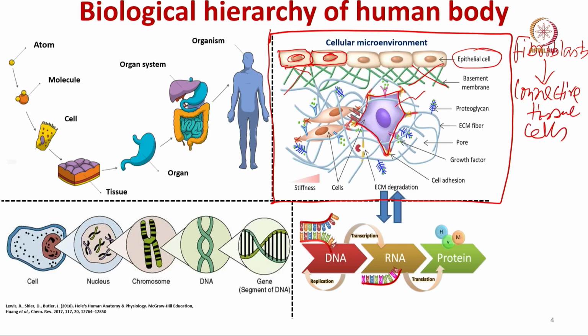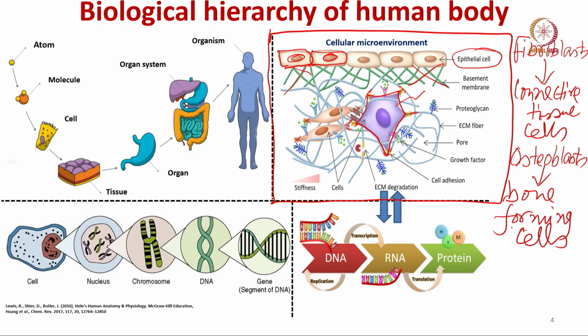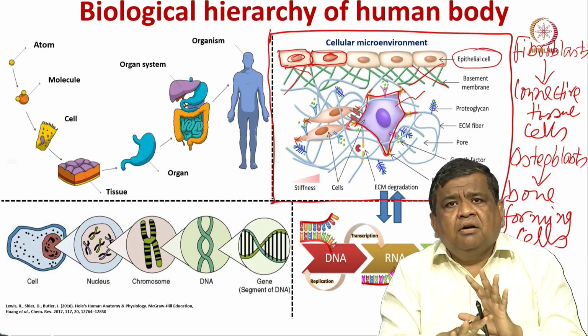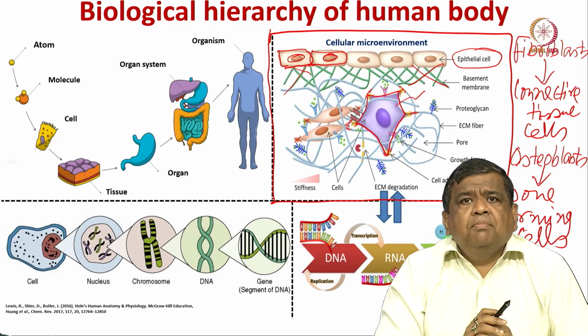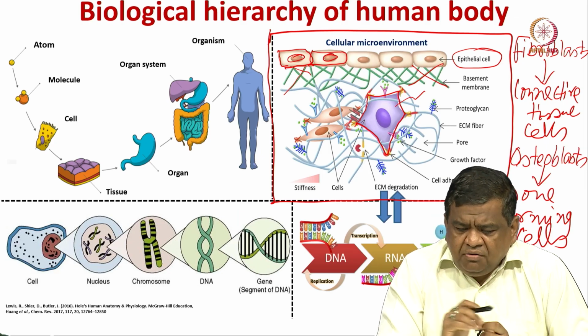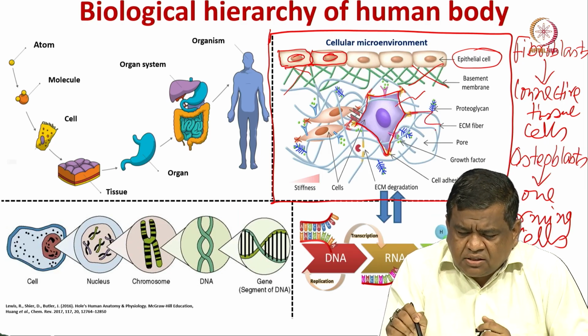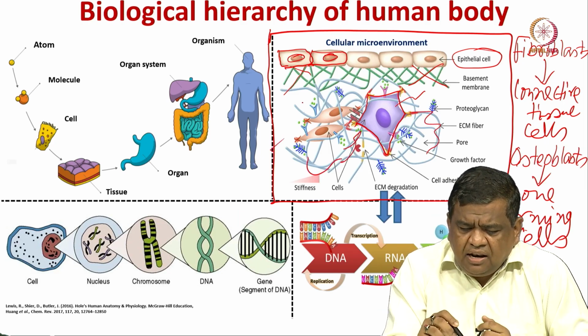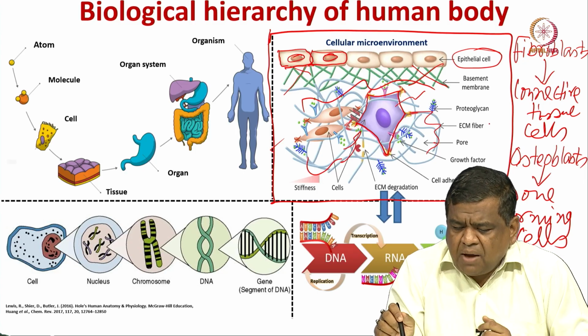Then some of the cells can be osteoblasts. Osteo means bone, blast means formation. So, these are the bone forming cells. Now, these cells are essentially dispersed rather randomly in the tissue below the epithelial tissue, and the matrix outside these cells, you can see,